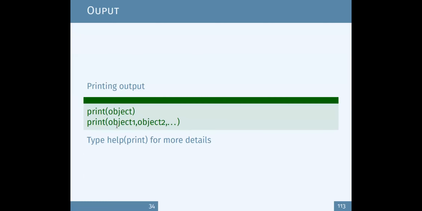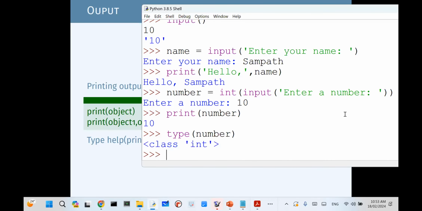And similar to that, we discuss formatted output. Output in Python is usually done with print, and you can print multiple values, comma separated.